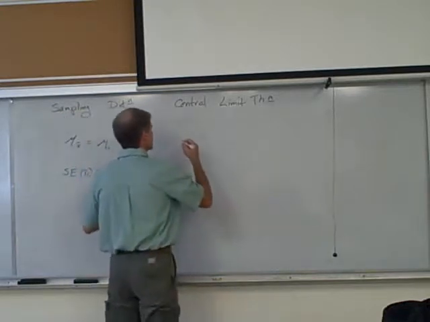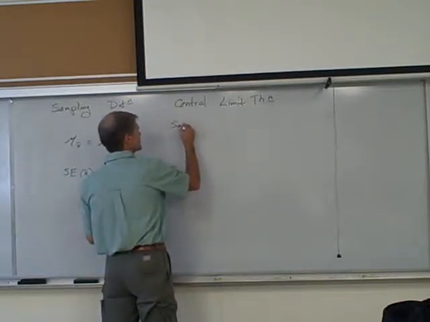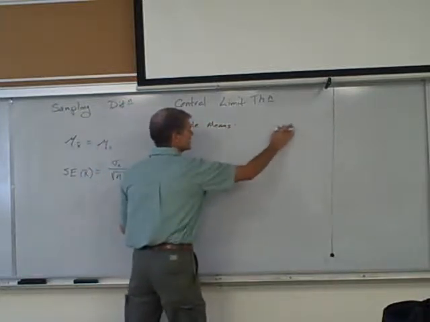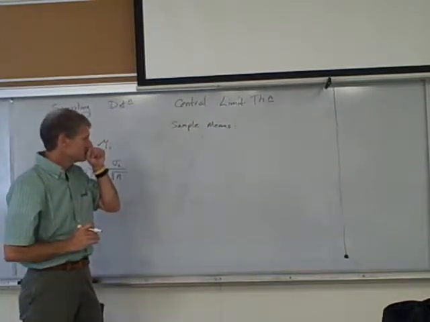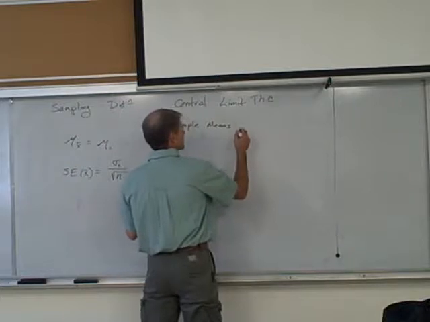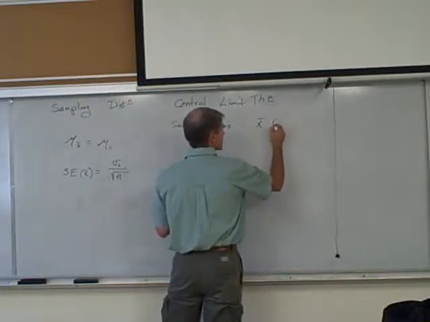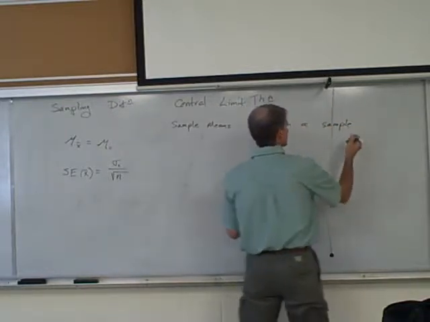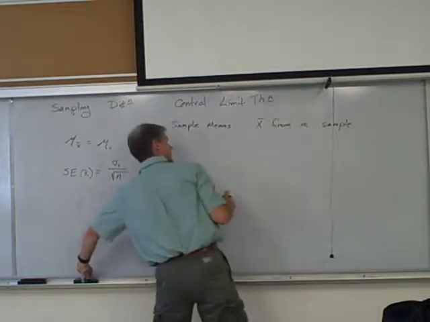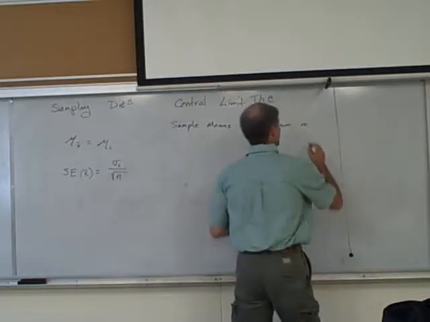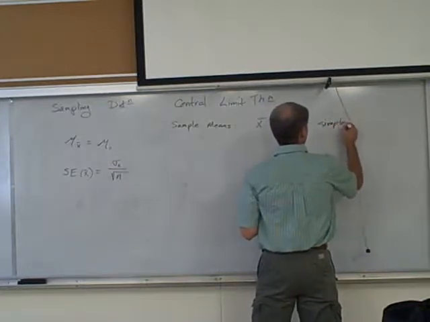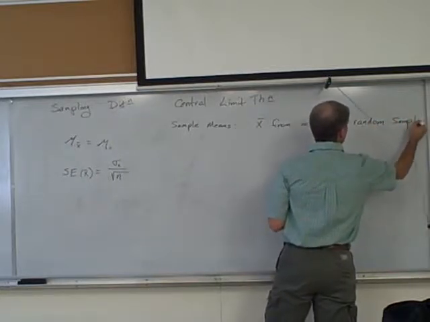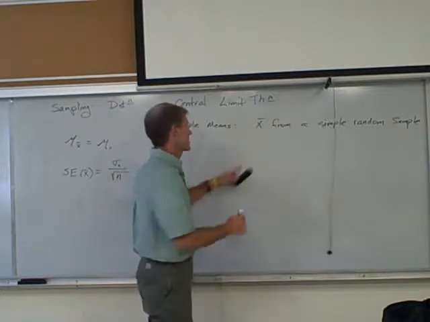The central limit theorem says, I'm going to start with sample means. There's 2 versions of this, one for sample means, one for sample proportions. For sample means, what the central limit theorem says is that x bar from a sample, I need to not just write a sample, from a simple random sample, x bar from a simple random sample